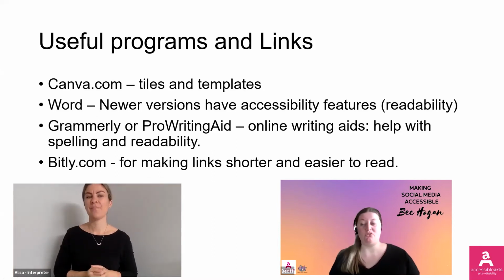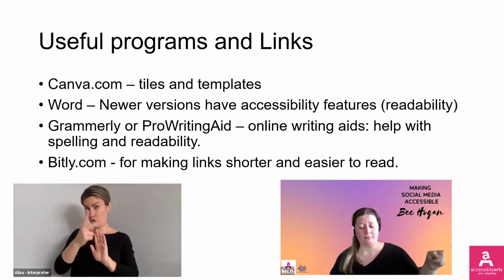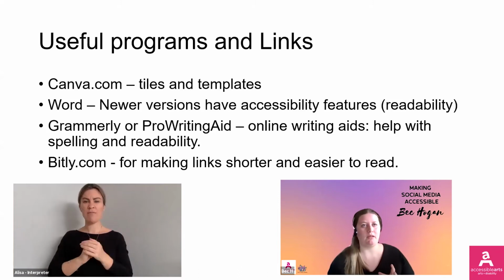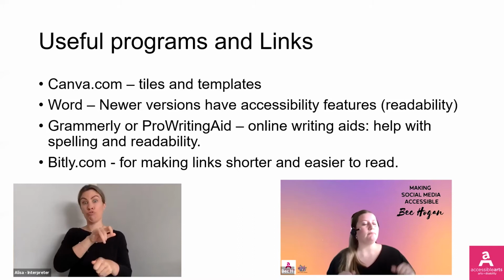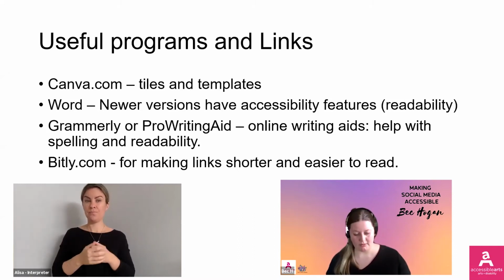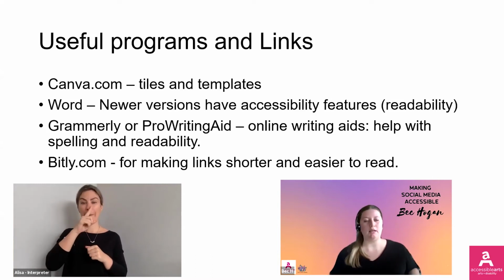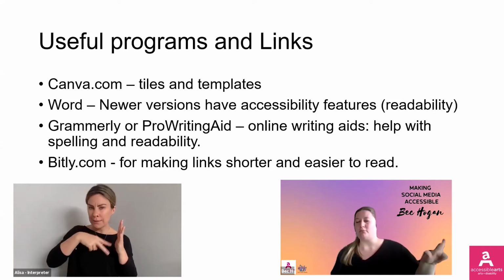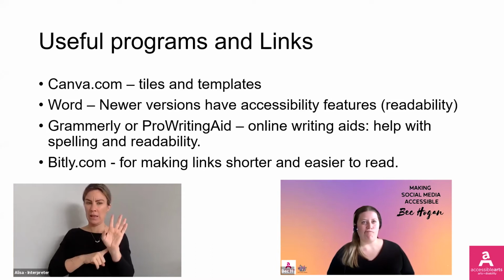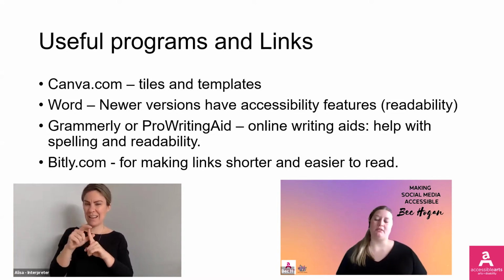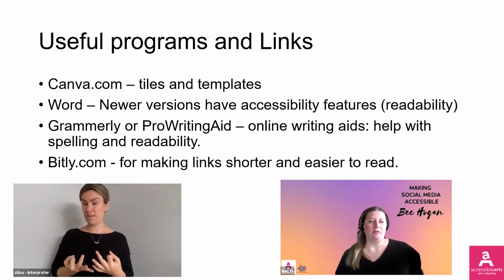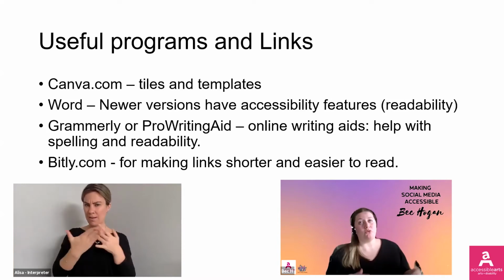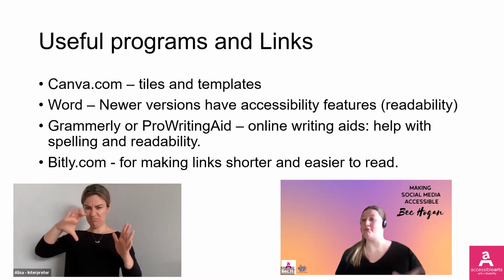Here are a few useful programs, particularly for these sorts of things. Canva has some accessibility features built in terms of design and AI, and it can sort of tell you a few things. It's not great, but it is there. Word also has, because a lot of people write in Word and then copy and paste, accessibility features built in terms of readability and things like that. There's also Grammarly and ProWritingAid, which are two online writing aids, and they have inbuilt accessibility functions. You can change the settings to make them more accessible, and it'll tell you if your words are too verbose or too clunky. And of course Bitly, which makes your links shorter,